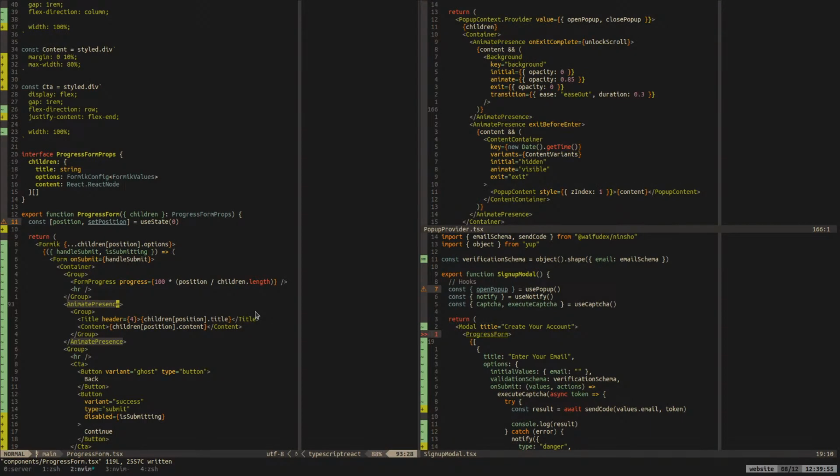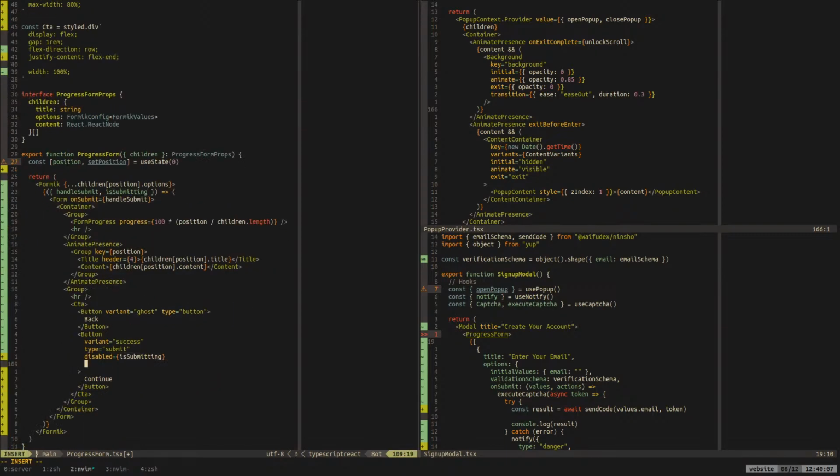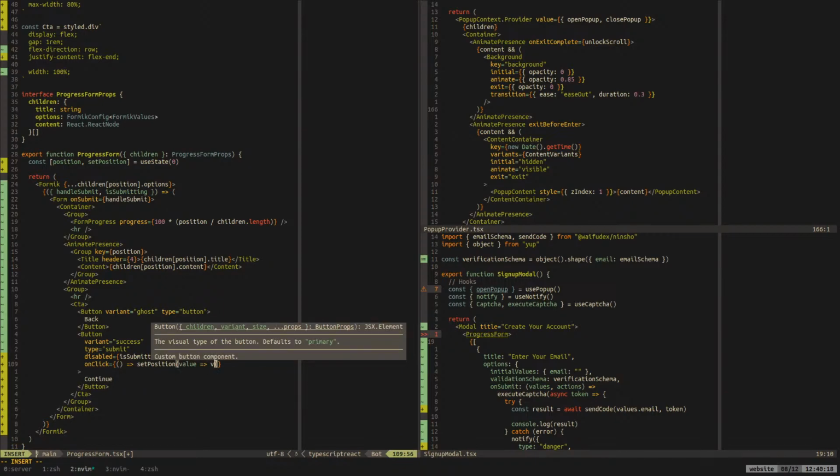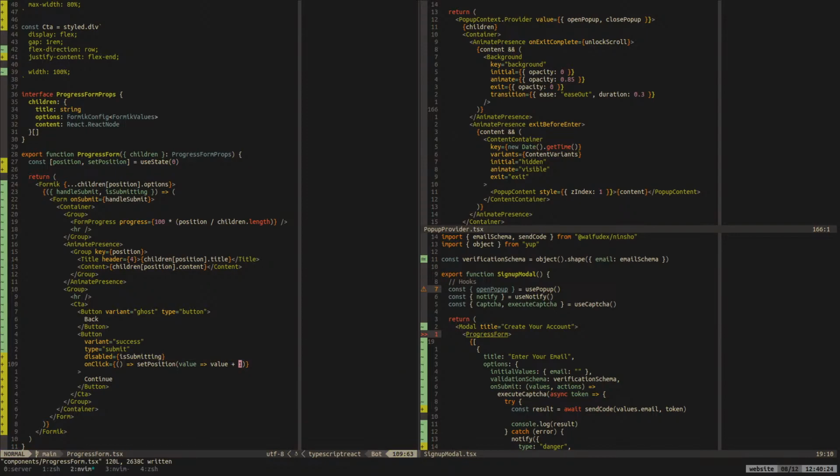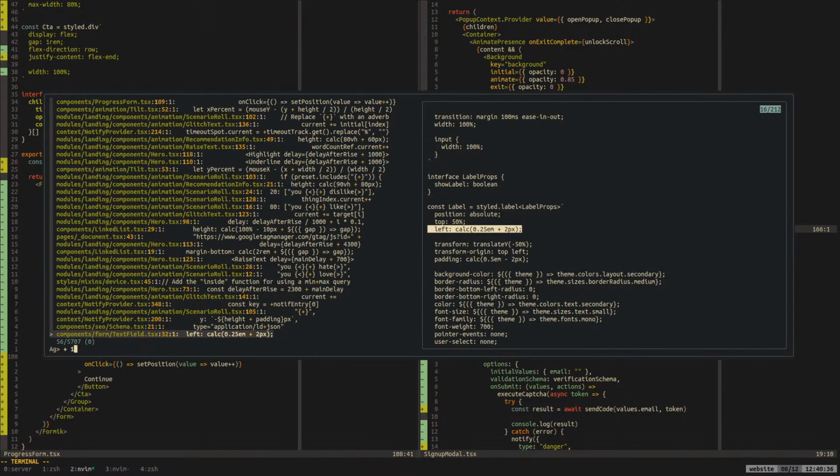But now what we want to do is have a key, because the key is what lets us... we have a key tied to the position. What I actually want to see is what happens if on click we increase the position. So we set the position value +1. Okay, well, actually, no, that's ugly. We should use the cool feature called value++ instead. Do I do that anywhere else? No, I don't. Okay.